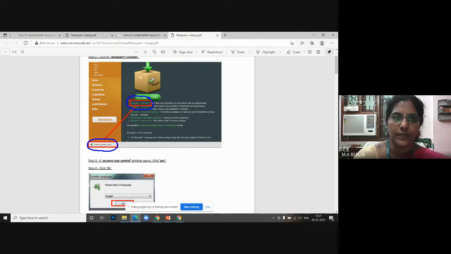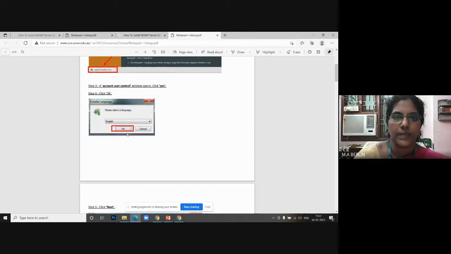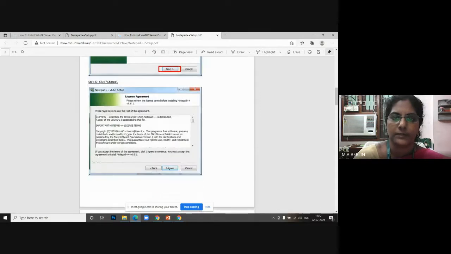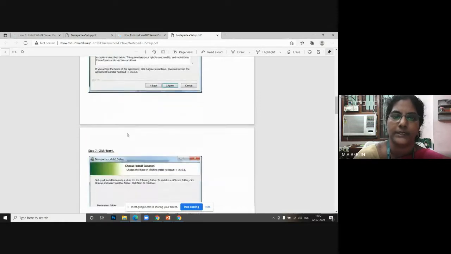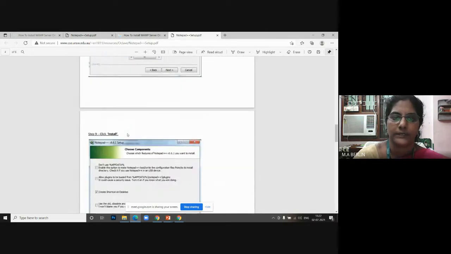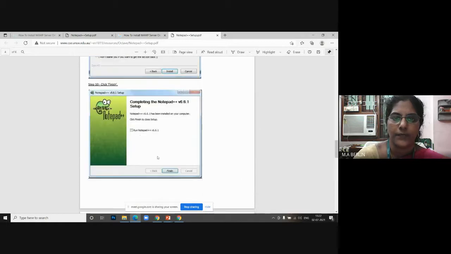So if you click this, it will download one exe file that needs to be clicked. It will ask you to choose the preferred language, English. Then simply click next. Next, agree to the license. Again, choose the folder. Click next. Then install, then finish.